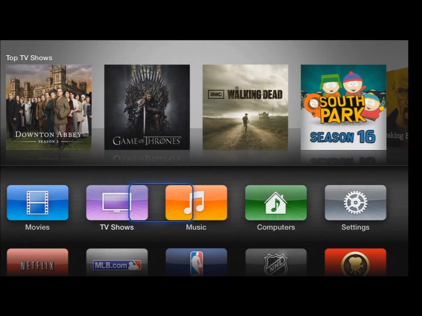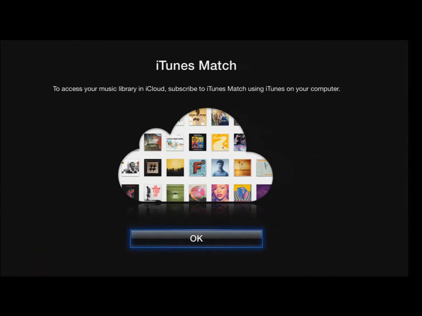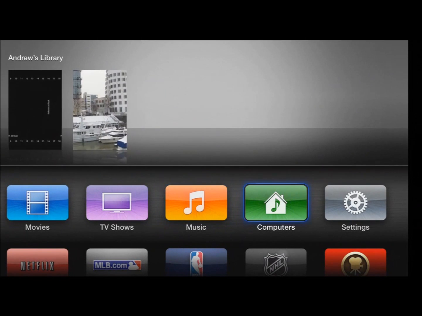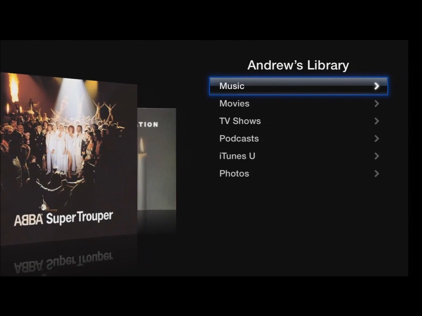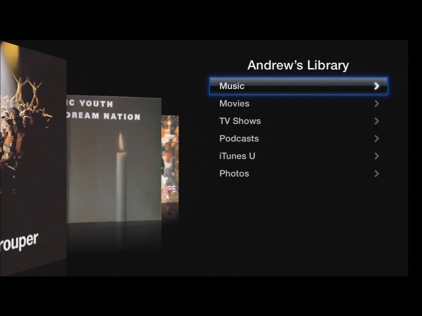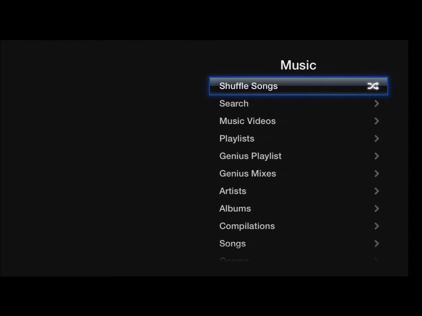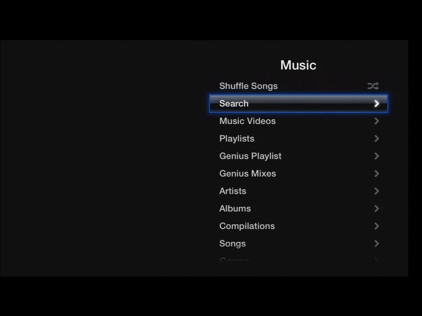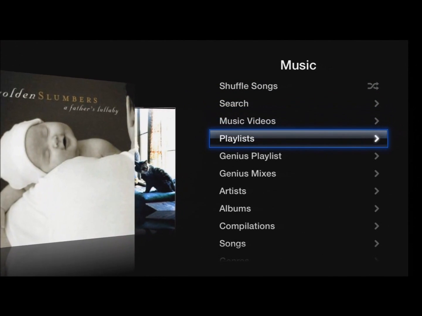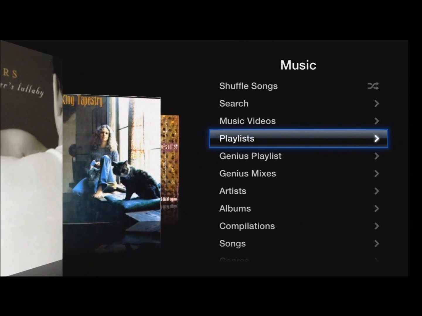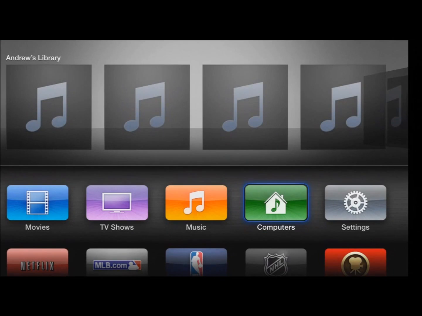I don't have Match set up, so this part won't work, but this is one place where you can use your iTunes Match. This is the local music and movies library exposed through iTunes, through Home Sharing. Unfortunately, you do need to have iTunes running in order for it to work, which is kind of odd. I would have preferred that it was baked into a service of some kind, that you could just set up and then it would just run all the time as long as the PC was on. You would just have access to it. But I guess it's not that horrible to leave iTunes running all the time either, especially if you're a big